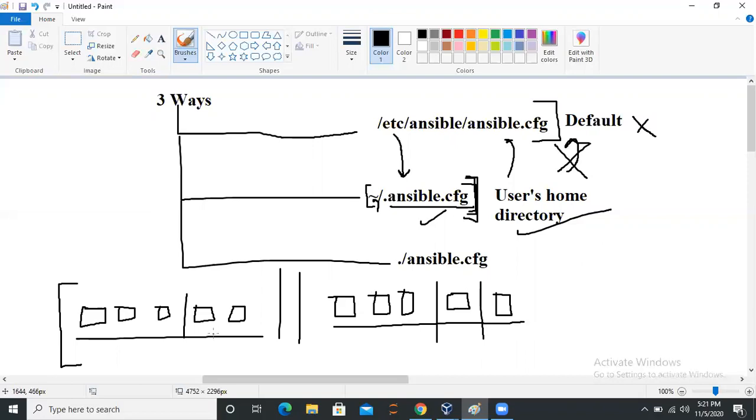But the configurations required for this instance are different. Now, what are the configurations? We'll see in just a minute. Let's say the configurations required for this particular use case are different, and the configurations required for this particular use case are different. And this is the case which happens every time in production.